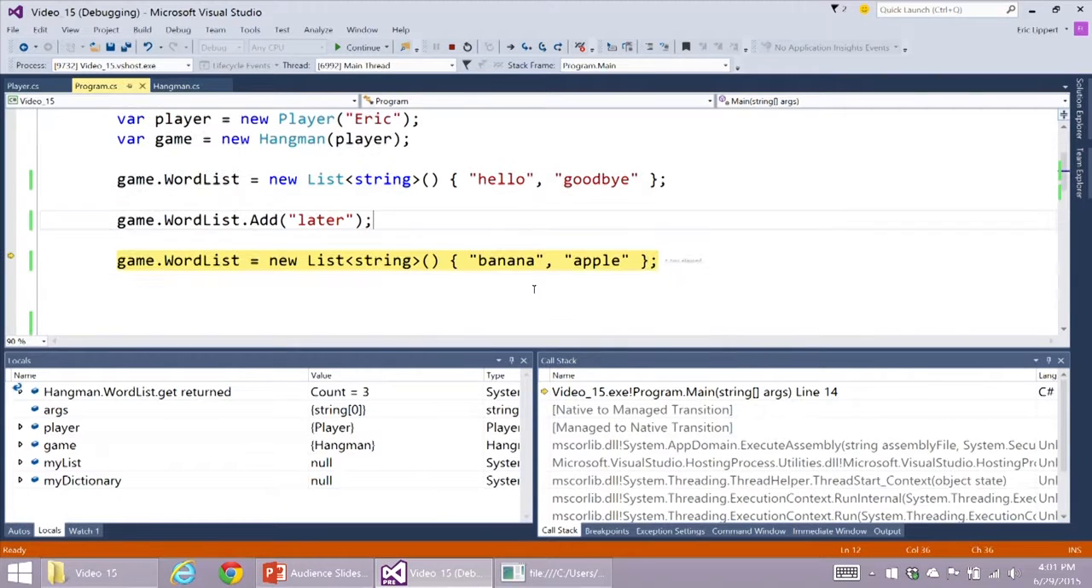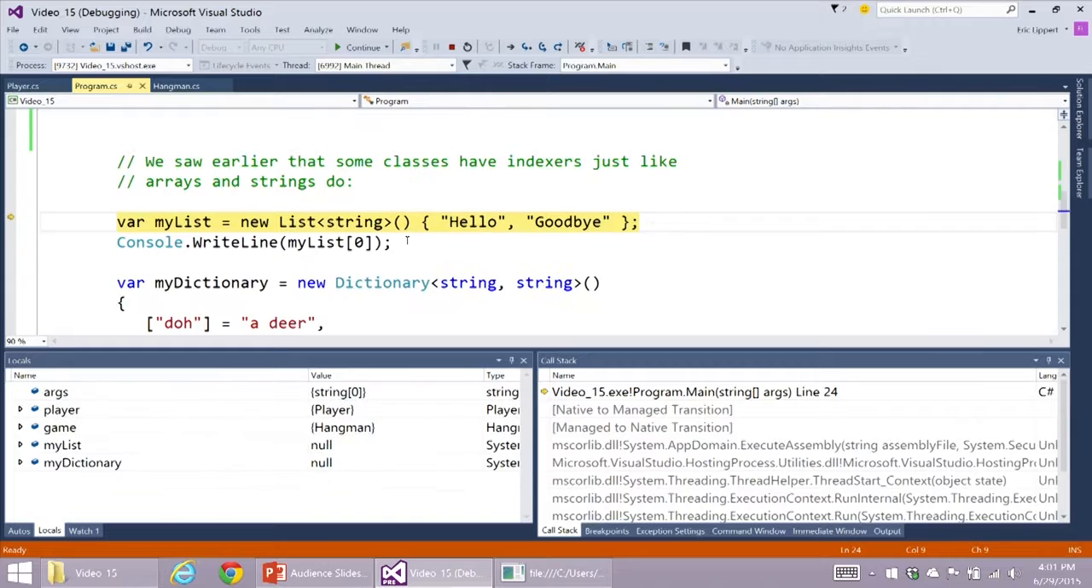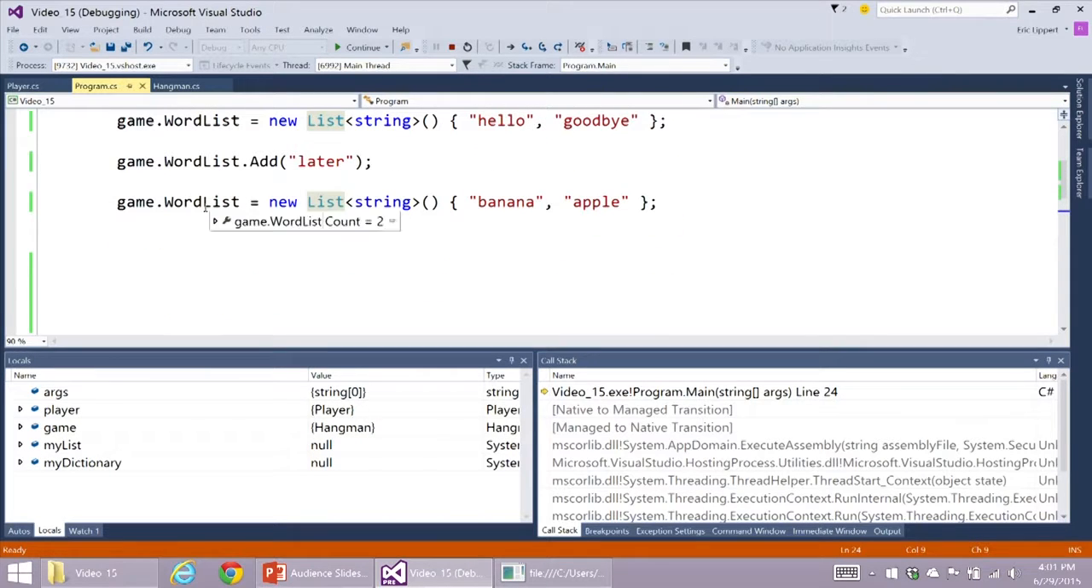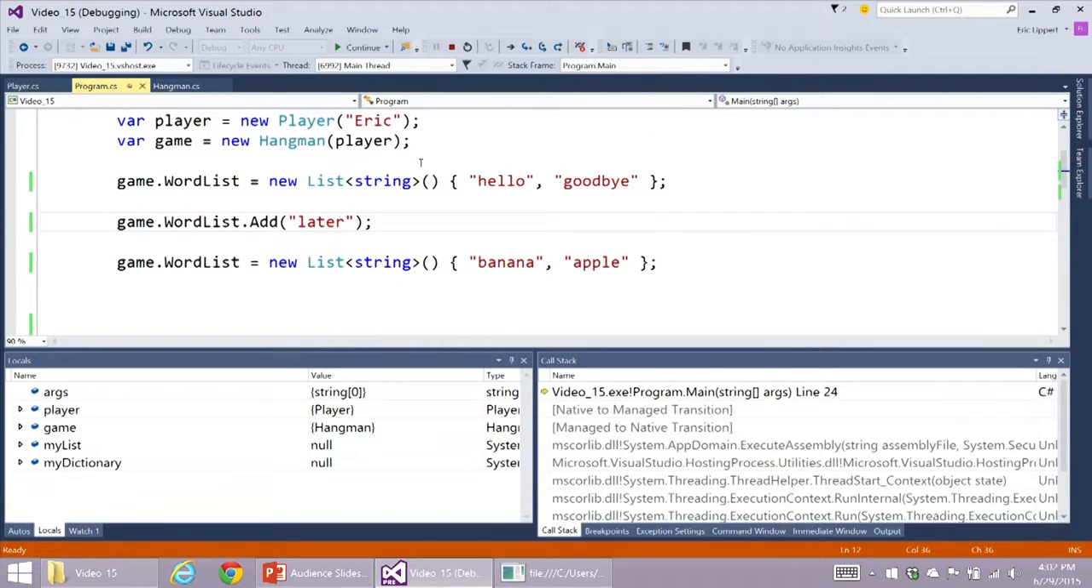Or we could say, you know what? I don't like that word list. I'm going to create an entirely different word list, one that contains banana and apple, and I'm going to stick that in this thing. And then we could go on and say, well, I'm going to add cherries to that thing. Now, it would seem like we could take that word list, make a reference to it somewhere else, that other code could change it, and unbeknownst to it would be changing the word list